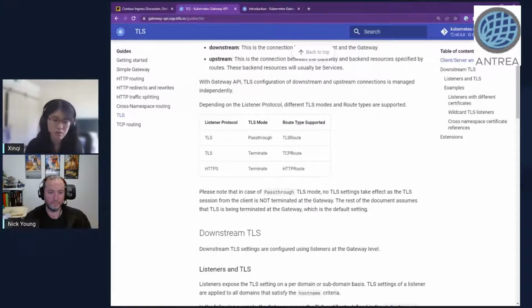So this table means that only the TLS routes support passthrough, and the other two only support terminate. Yes. So the TCP route is intended for when you're not using TLS. A TCP route only lets you match on source and destination address and port. So there's only 6 pieces of information that you can match when you're doing a TCP forward. So if you're proxying TCP,